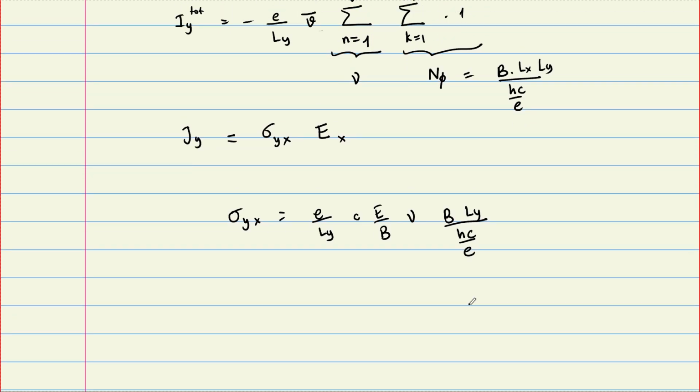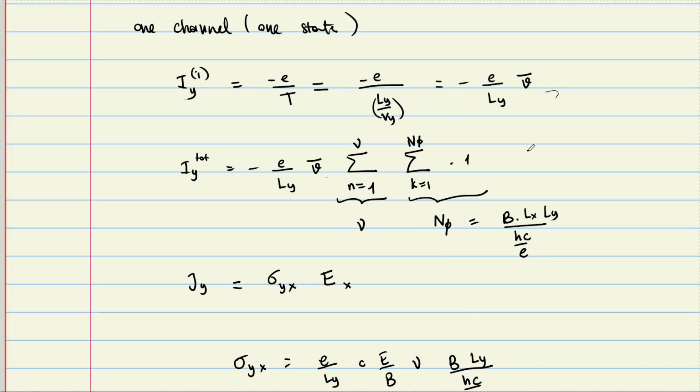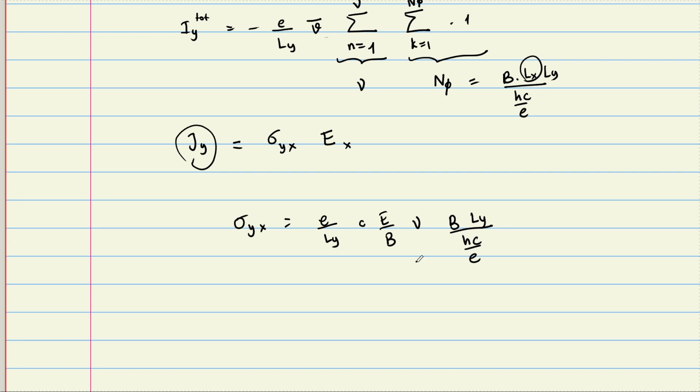I took this Lx to this side to write it like current density, because this relation knows about current density. So Ly's cancel, and B's cancel, and this c cancels this, and at the end this happens to be e squared over h